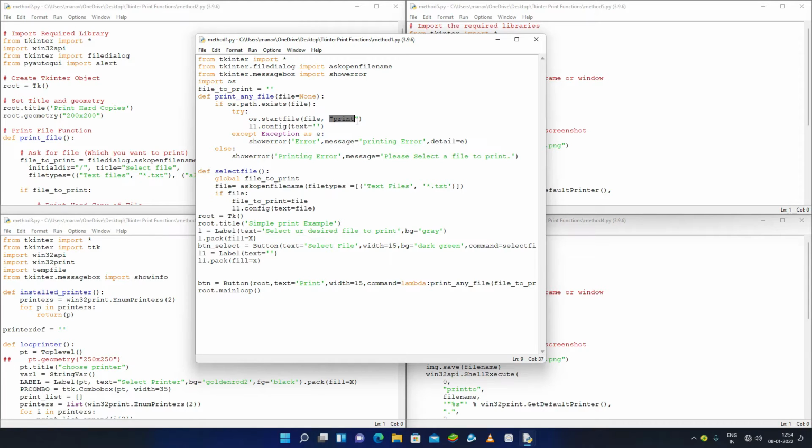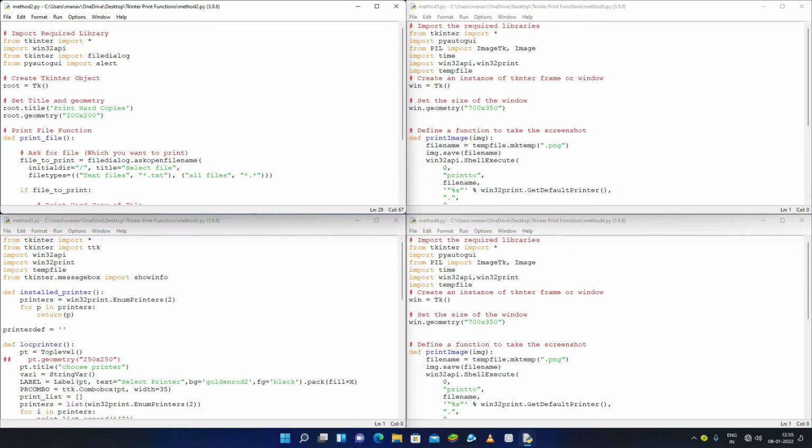It is the easiest way to print any file. You can print any file by passing this print command under os.startfile. If it gives any error, then I am saying here that this is the printing error. So let me come up with the next one.